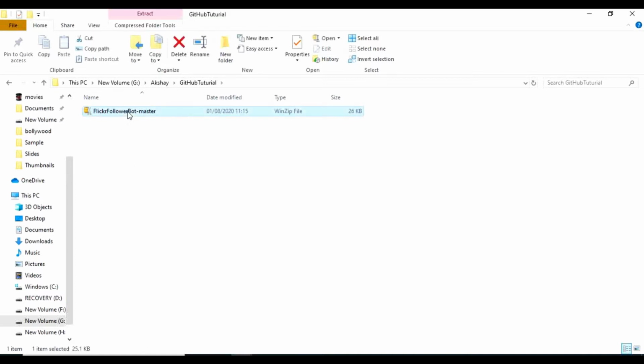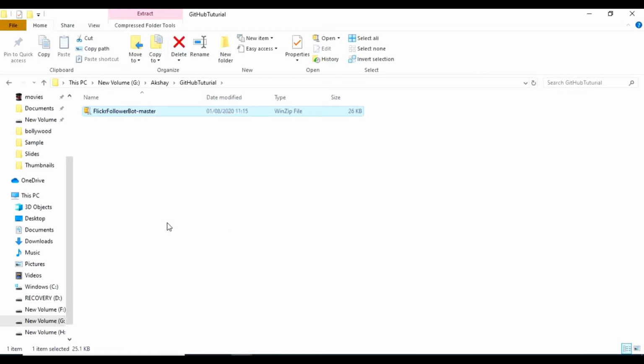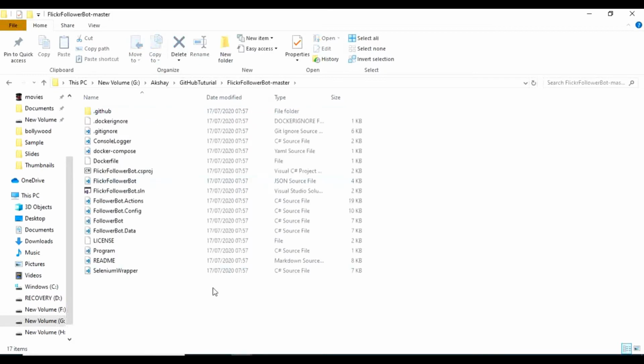Now we have to extract this file, because it is a zip file. Just extract here. Go to that folder, and this is the project you have downloaded from that Git repository.